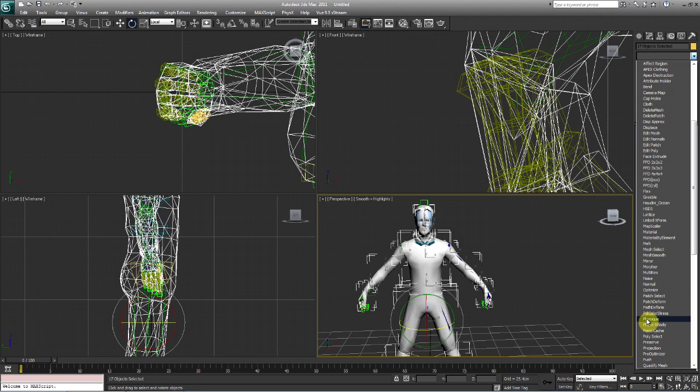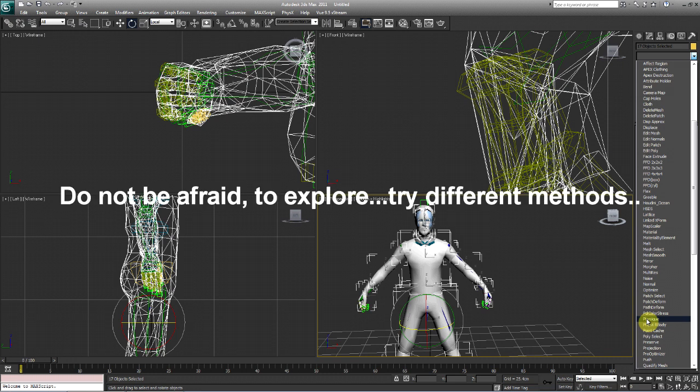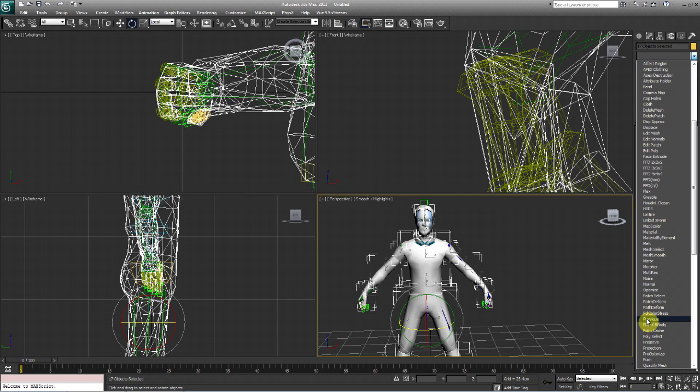By far, I do not like it. This is what I started out with, and this is how I learned, and I hated it. It deals with envelopes just like skin, but you can actually assign vertices on skin. Physique only deals with envelopes, and it's really crappy. I do not like it.